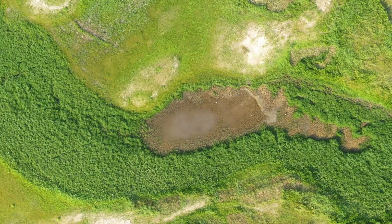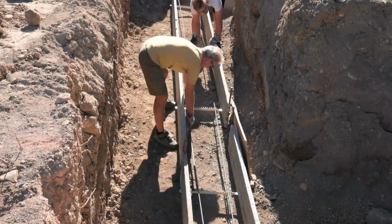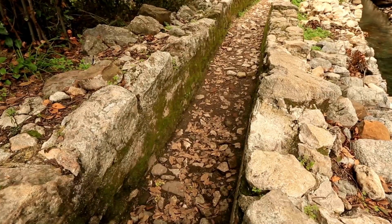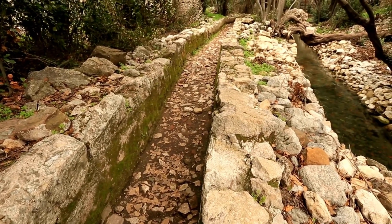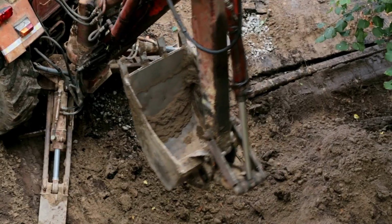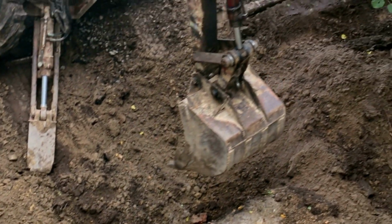Meanwhile, the narrator explains that the crew has returned to the triangle-shaped swamp, intent on exposing more of what is believed to be a man-made stone ramp. The plan is strategic. Follow the path and try to establish a positive relationship between the paved area, the ramp, and the stone path. If successful, the next logical step is to connect this stone path to something even more